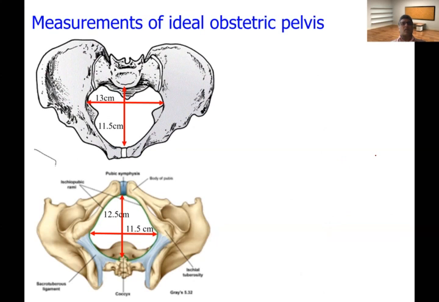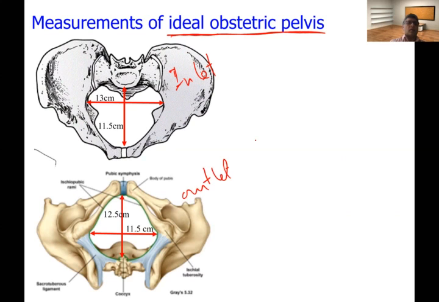Then measurements of the obstetric pelvis, the measurements of an ideal obstetric pelvis. So always remember that even though we say ideal obstetric pelvis, no one will have this ideal obstetric pelvis. Most of the females will have different degrees of variation from this. But in an ideal pelvis, as you can see here, now this is inlet, and this is outlet,